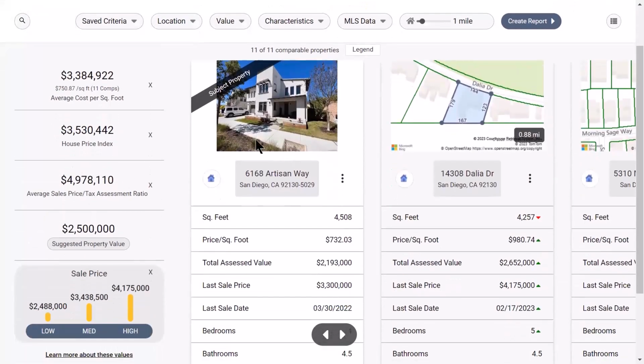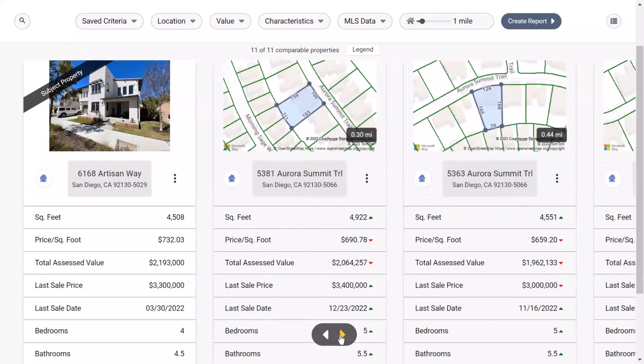And then you're also able to take a look at each comp side by side. Here we have my subject property, which is labeled. But if you would like to see more, you can click the arrows here at the bottom to flip through. And also you have the ability to change your mind. If I'm taking a look here at the data, I can see they have more than I do. The green arrow pointing up indicates they have more than I do. The red arrow pointing down indicates it's less than mine.